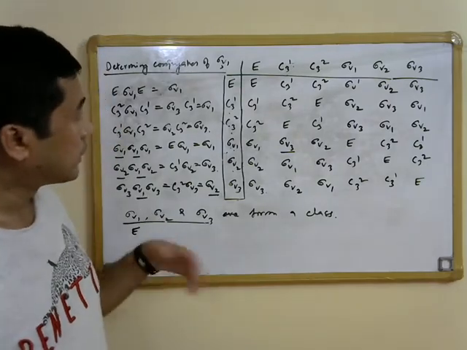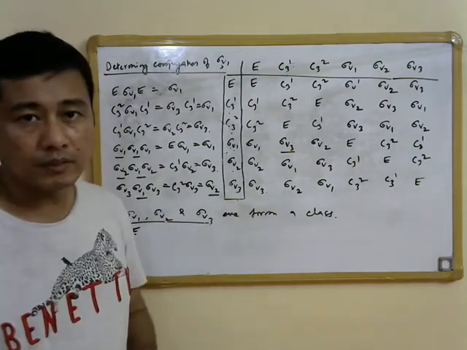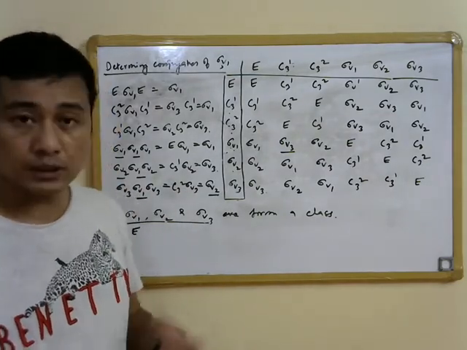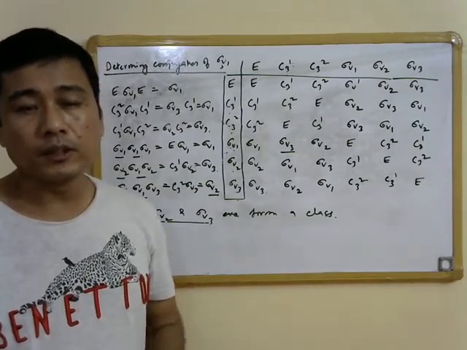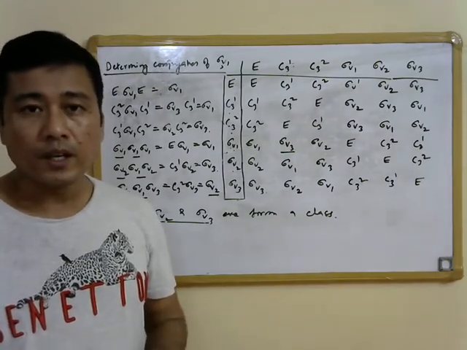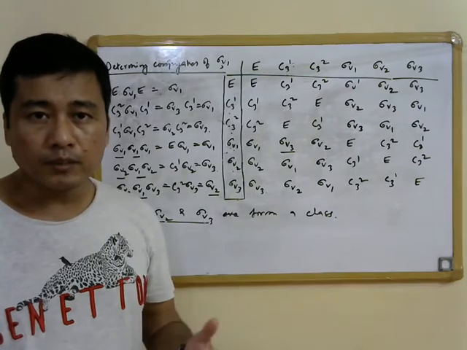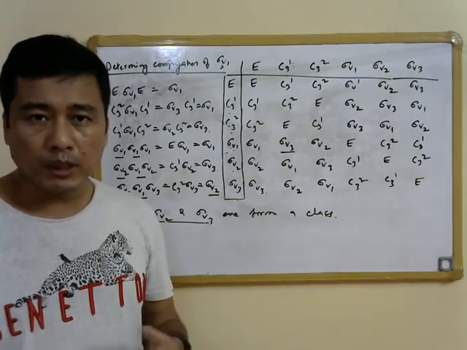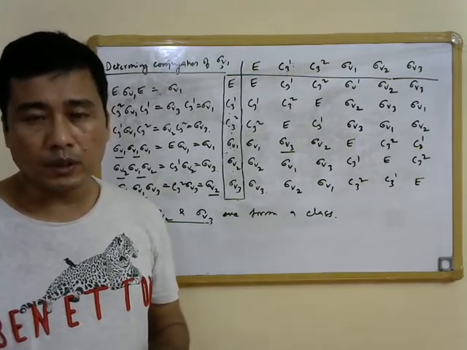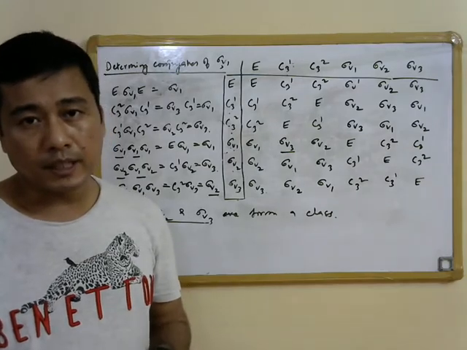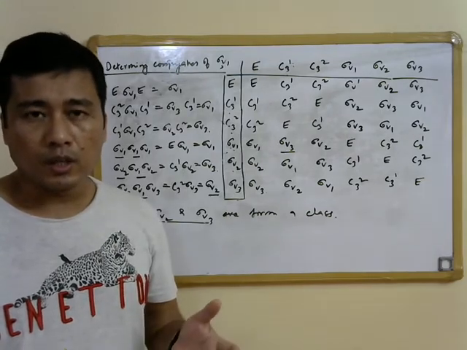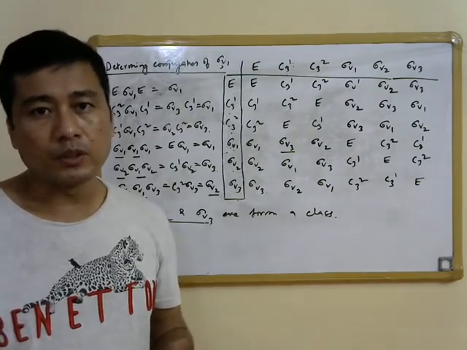For this we need to first find the group multiplication table, and then we can find the classes by doing the similarity transformation. So this brings us to the end of this lecture. We have learned two essential aspects of mathematical groups. The first is subgroups, and we have seen that in any subgroup the order of the subgroup must be a divisor of the order of the parent group, because mathematically h by k, where h is the order of the parent group and k is the order of the subgroup, must be equal to an integer.